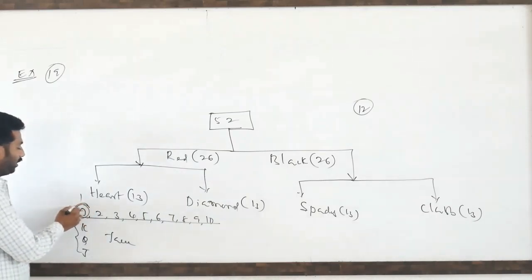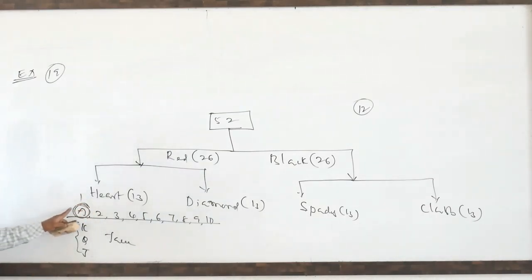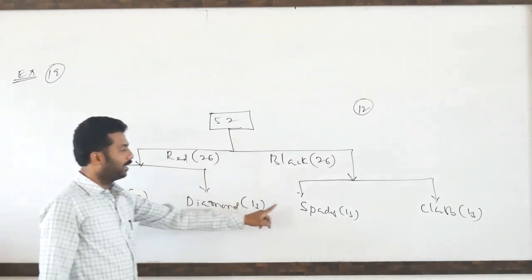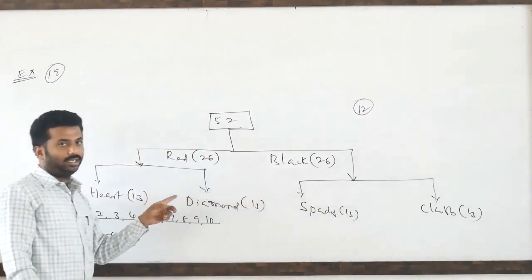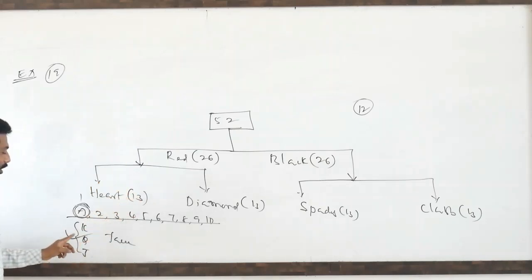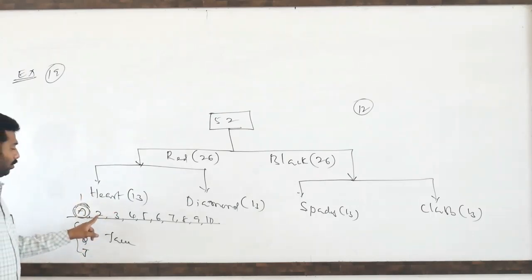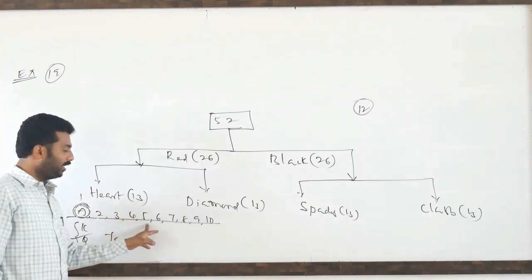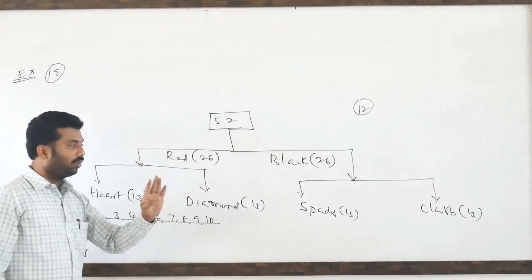So A is nothing but number 1 card. These 3 cards are called face cards. So king, here 1 king, so 4 kings are there. In every suit 1 king will be there, 1 queen will be there, 1 jack will be there, and 1 ace card will be there. Totally 4 aces, 4 kings, 4 queens, 4 jacks. Similarly, number 2 cards, how many? 4 cards. Number 3 cards, 4. Like that, each and every numbering card, 4 will be there.